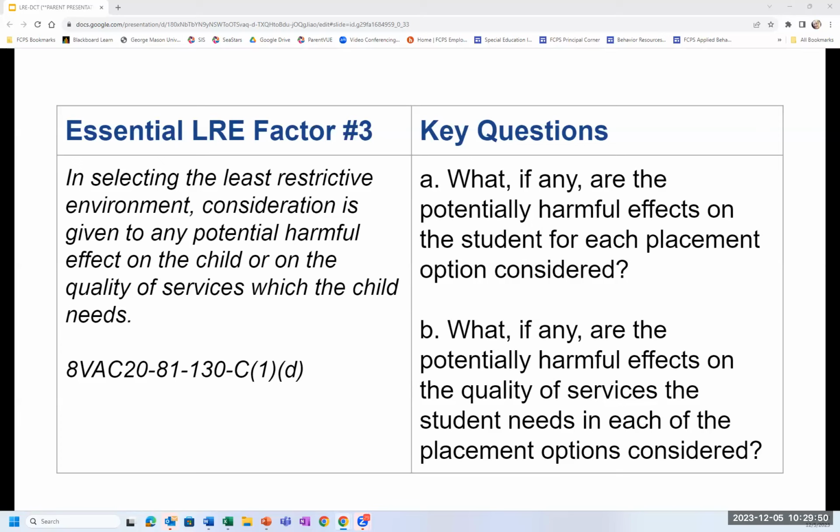A team might consider the impact to a child's self-esteem, maybe a lack of opportunities for appropriate role models, or increased exposure to peers with more significant needs. And so there are a lot of different factors that could be considered when you see that word harmful.